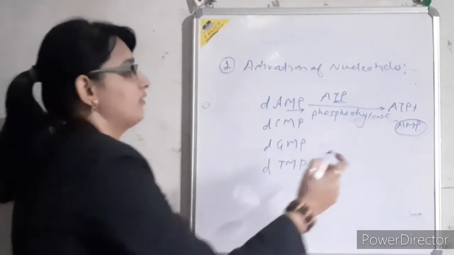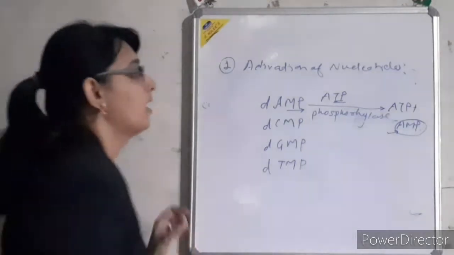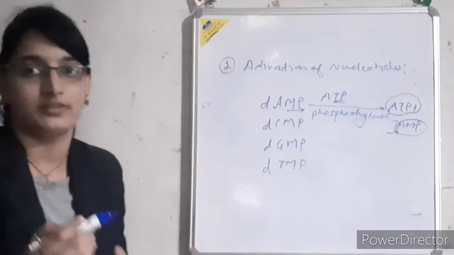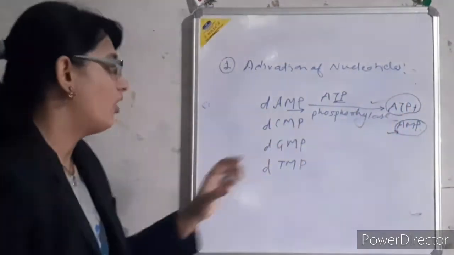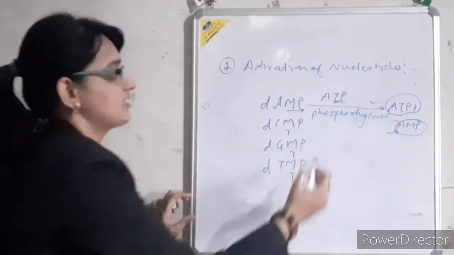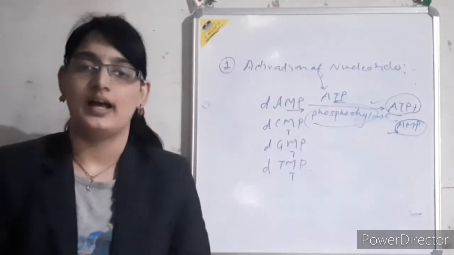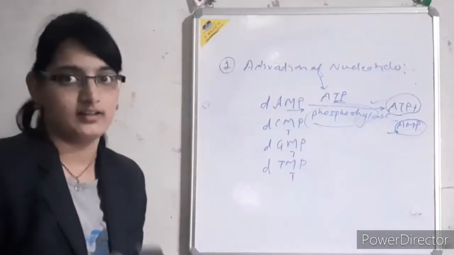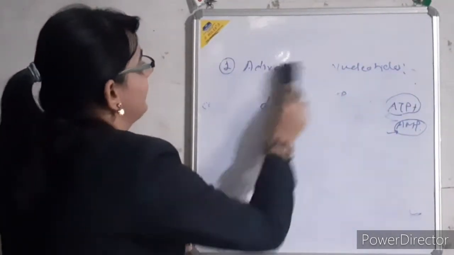The AMP is in the inactive form, so it will remain in the nucleoplasm. But the triphosphate form is the activated one, and it will help in the construction of the DNA. In this way, all these nucleotides are converted into triphosphates by the enzyme phosphorylase and the addition of ATP. So these become the activated nucleotides that are ready to form our DNA. Now all these nucleotides are perfectly activated, and we will move toward the second step of DNA replication.